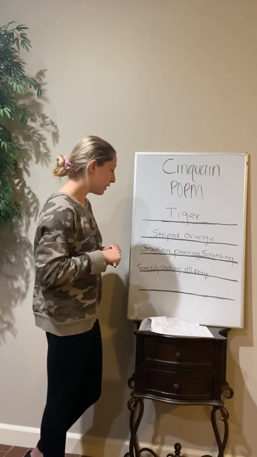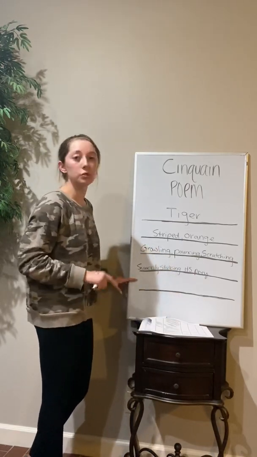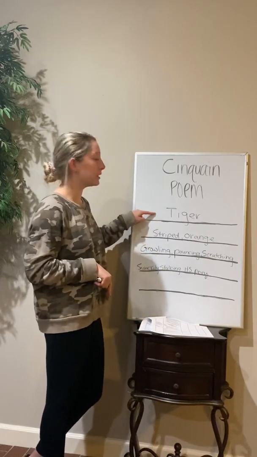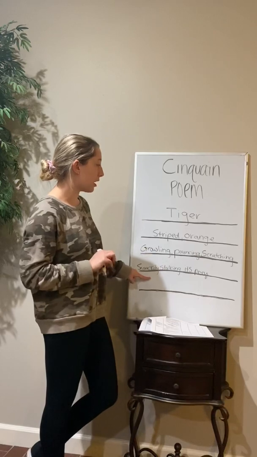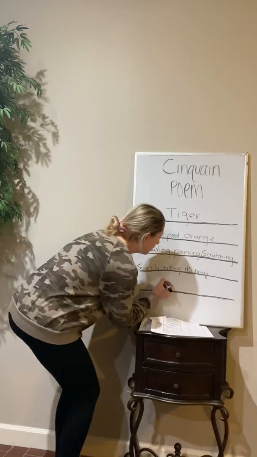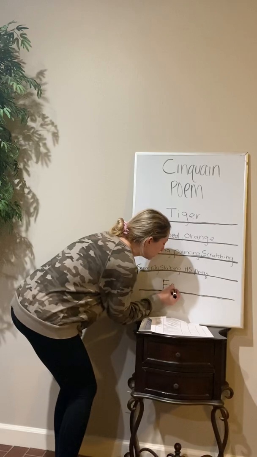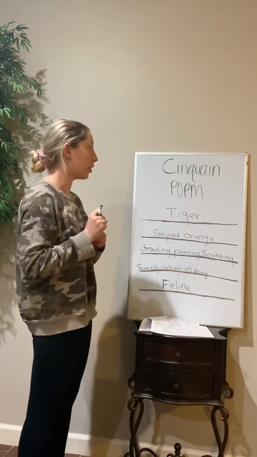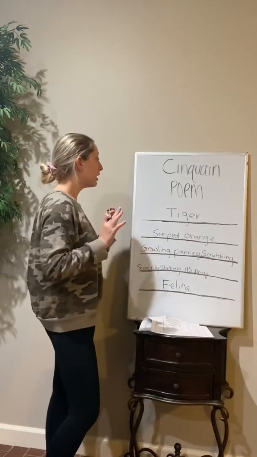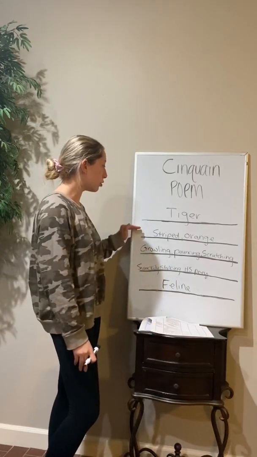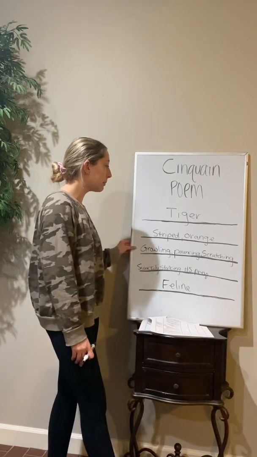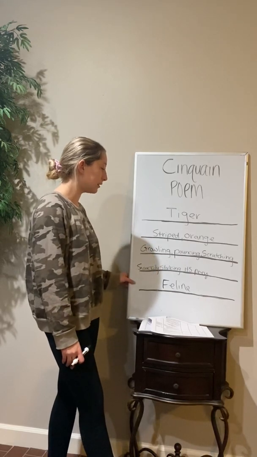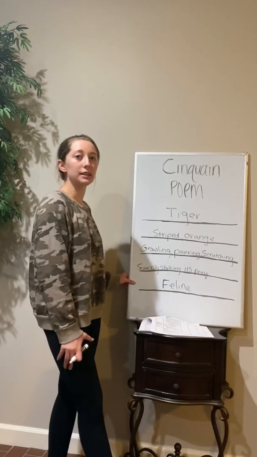Okay, so our fifth line, this is our line where we will choose one word and it will be a synonym for our first word. So ours would be tiger. So a synonym for a tiger would be feline, because a tiger is a feline. Okay, so our whole cinquain poem altogether would be tiger, striped orange, growling, pouncing, scratching, sneakily stalking its prey, feline. So that is how we would write a cinquain poem.